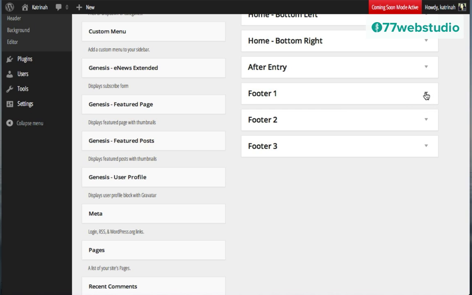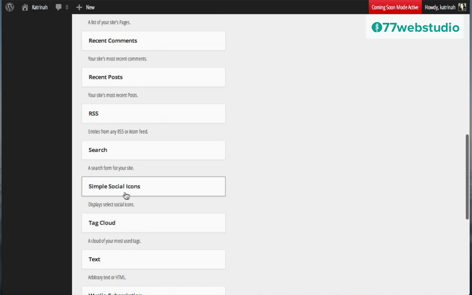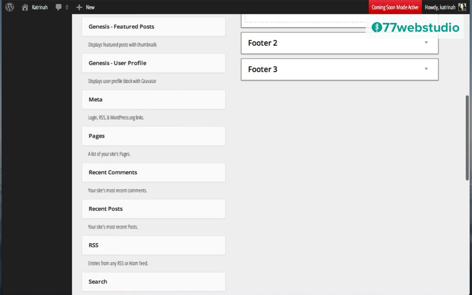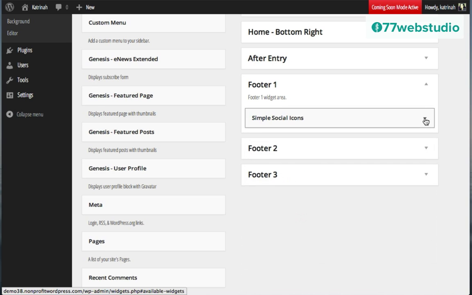So for footer number 1, I'm going to add those social media icons once again. So I'm going to scroll down and add those by just dragging those up into footer number 1. Now I've already gone over how to set this up, so I'm going to do this behind the scenes, but I'll just use this as a placeholder now. If you want to refer to the previous example of how we set that up, that would be great. So I'll do this behind the scenes. For now, I'm just going to close this.